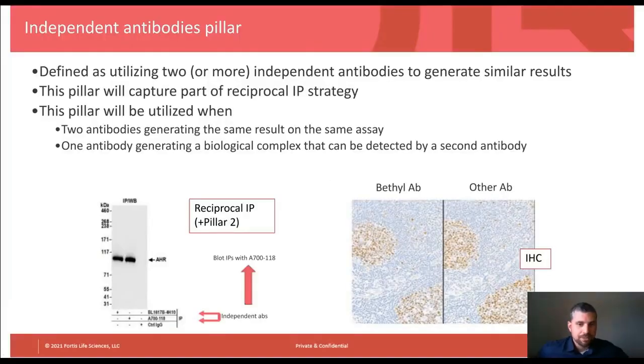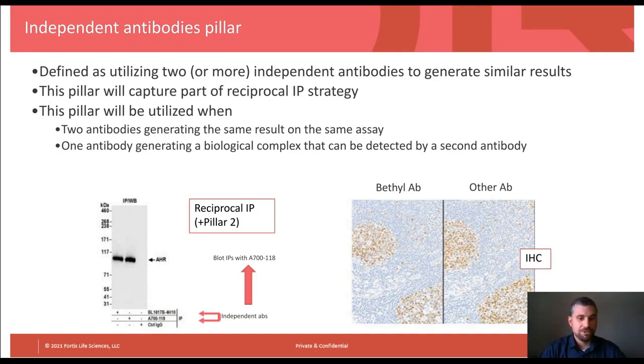So the first pillar that we're going to be discussing is what we refer to as the independent antibodies pillar. And this is basically defined as using two or more independent antibodies to generate similar results. It's important to keep in mind that these antibodies need to be raised against different epitopes of that target protein. Now, historically at Bethel, we've used what we refer to as a reciprocal IP, where we do in fact use two different antibodies